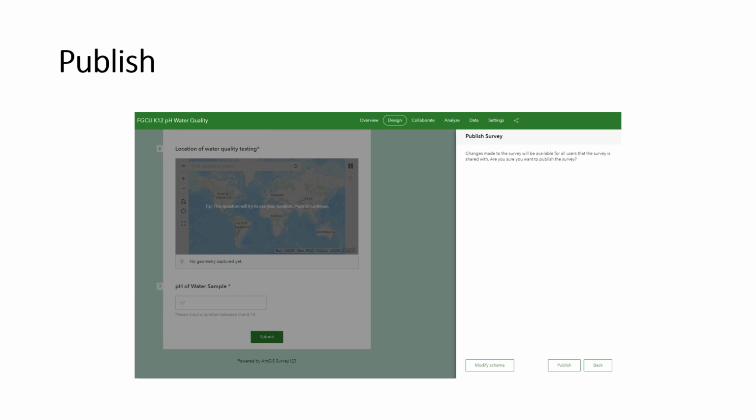If you find any untitled questions or other issues from the Modify Schema button, you may want to go back to the design section and adjust the labels for clarity. Remember, the data that is being input to this survey should have a very clear label so you know what it is. Because when you start working on your feature layer that it makes from this survey to make your maps and your dashboards, if it just says Untitled Question 7, you'll have no idea what data was collected,